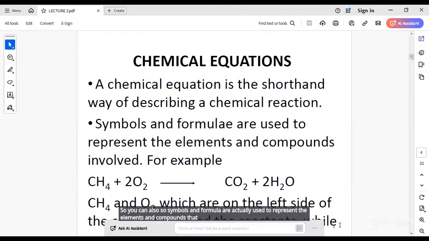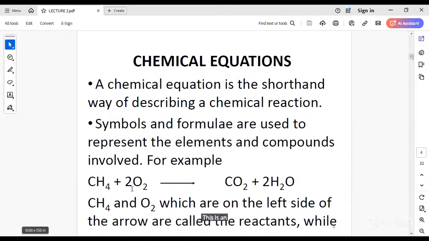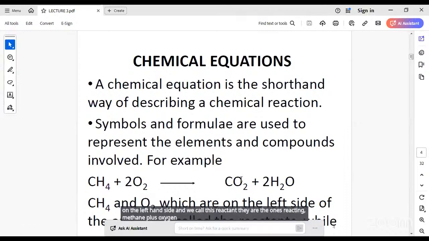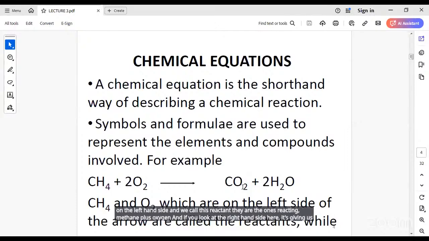So we have an example here. This is methane reacting with oxygen to give us carbon dioxide and the water. If you look at this equation, you see that your methane and your oxygen are on the left-hand side, and we call this reactant. They are the ones reacting, methane plus oxygen. And the right-hand side is giving us what we call the product, that is water